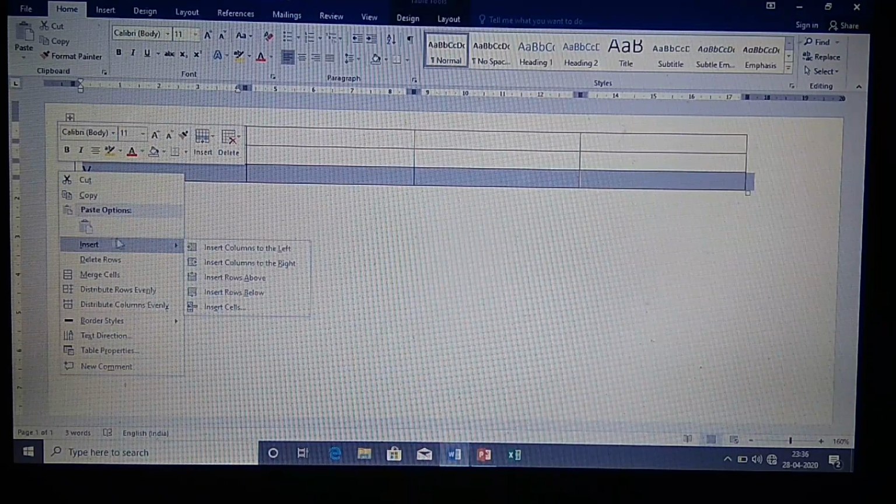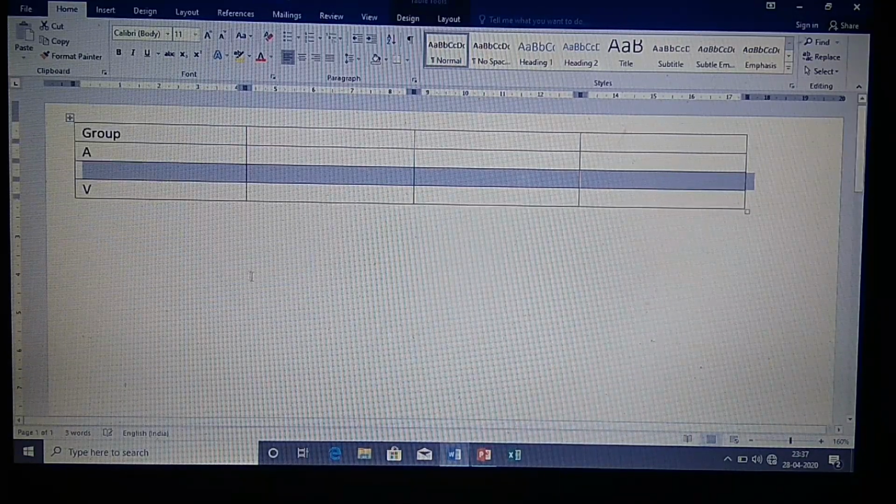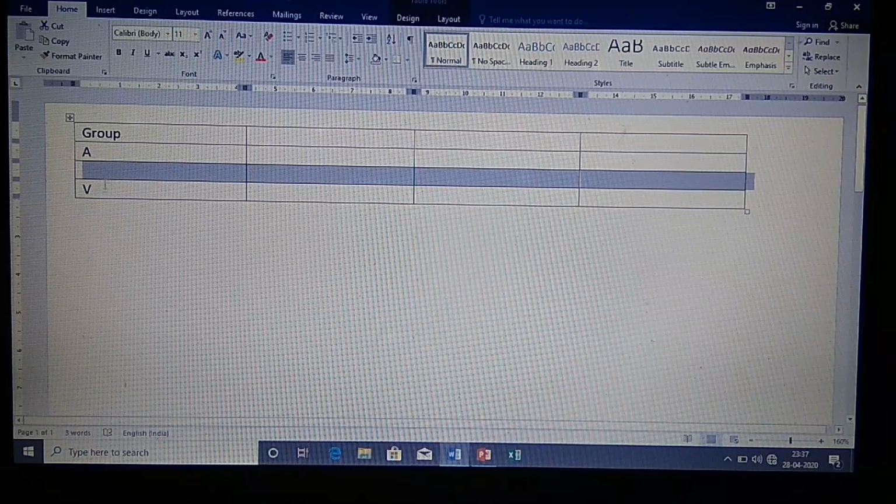You can insert column to the left, column to the right, insert row above, insert row below. Now I want to insert a row above. So you can see between A and B, one row has been inserted. So this is how you can insert a row or a column in your table.